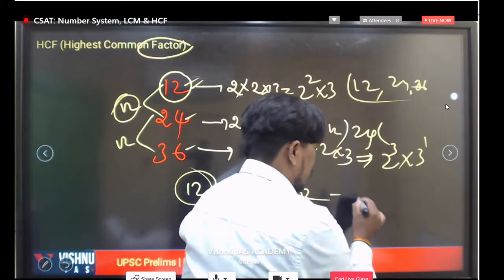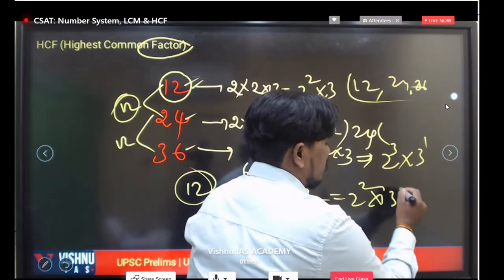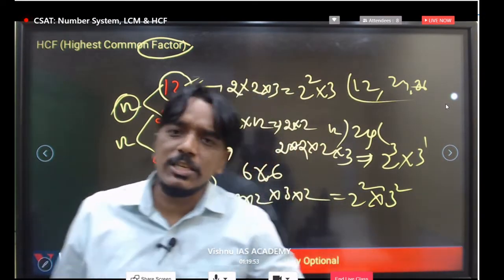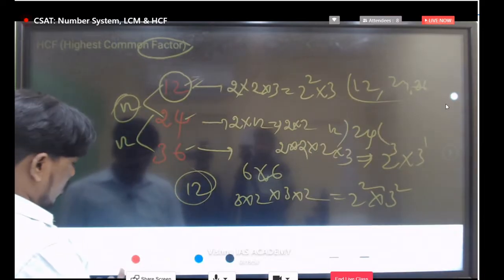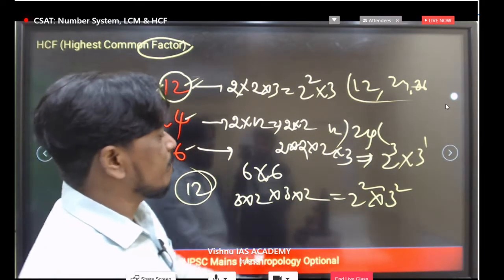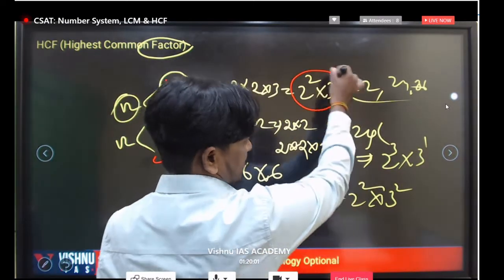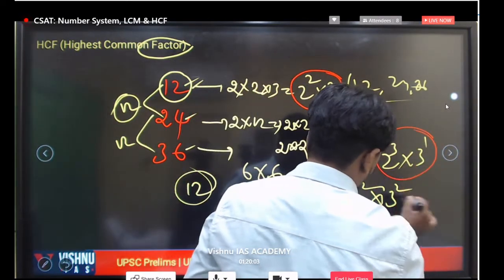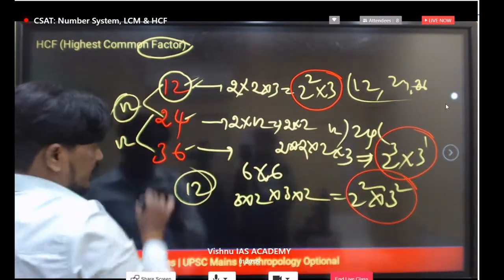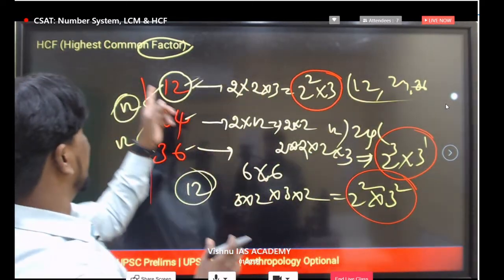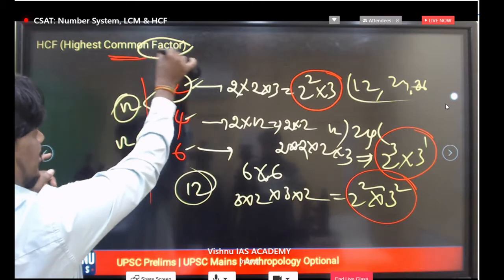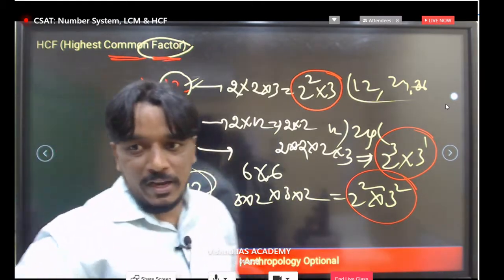So here 2 times and 3 also 2 times. In all these prime factors, what can we take here simply? First one we are getting like this, second one like this, and third one for all these three numbers. In all these three, what is the common? Again here also we are taking the common factor, but the highest common factor.